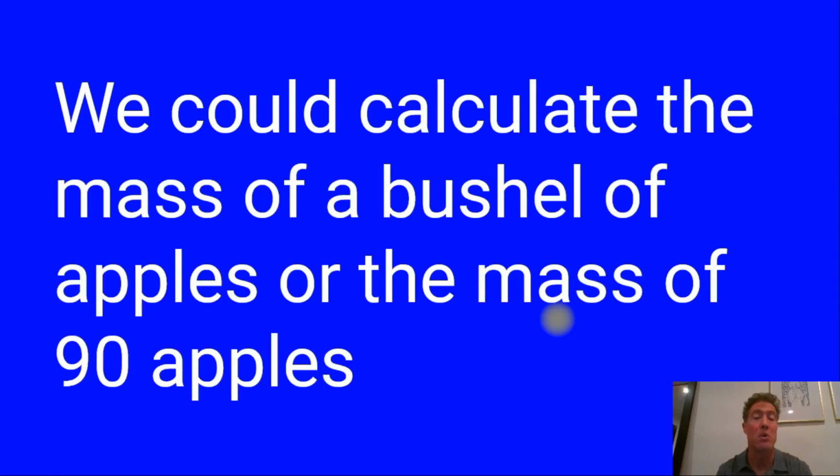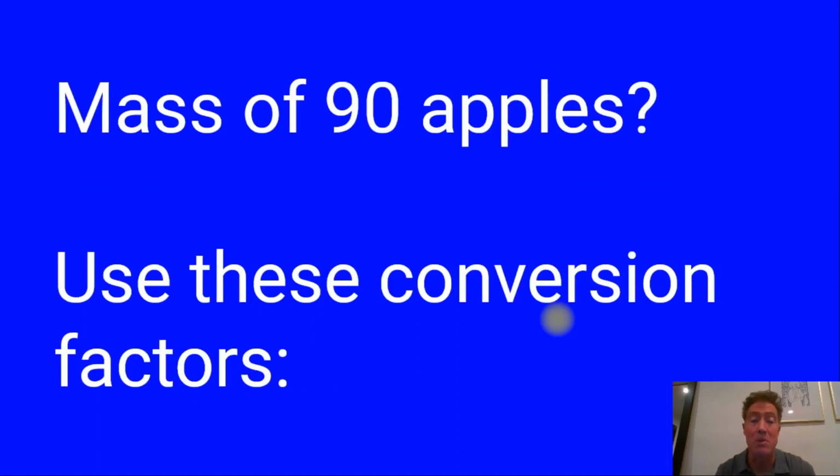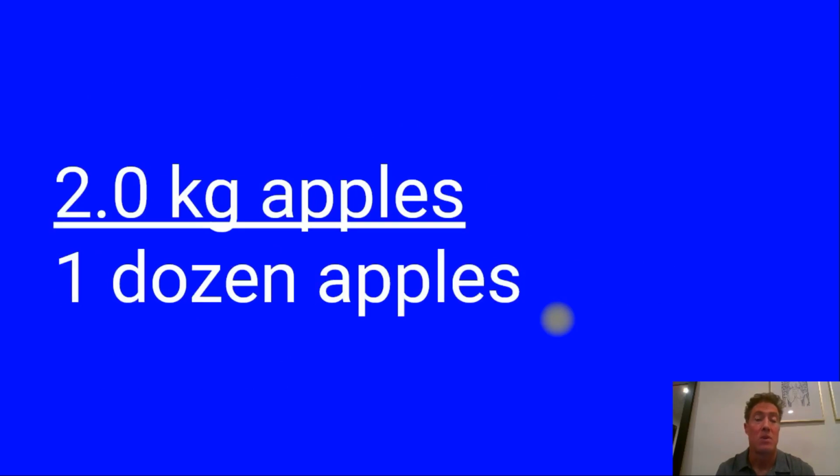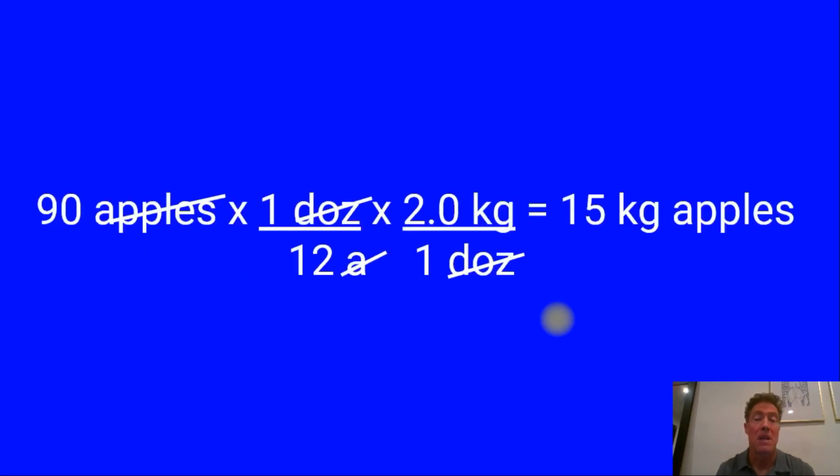So we could calculate the mass of a bushel of apples, or say the mass of 90 apples. So what would be the mass of 90 apples? Well, let's use those conversion factors that we developed before. 1 dozen apples per 12 apples, 2 kilograms of apples per dozen apples. Creating our conversion factors, we could say 90 apples times those appropriate conversion factors would give us 15 kilograms of apples. And we would cancel out the units we don't want for the units that we do want. So we go from an individual count through a dozen to the weight per dozen to the